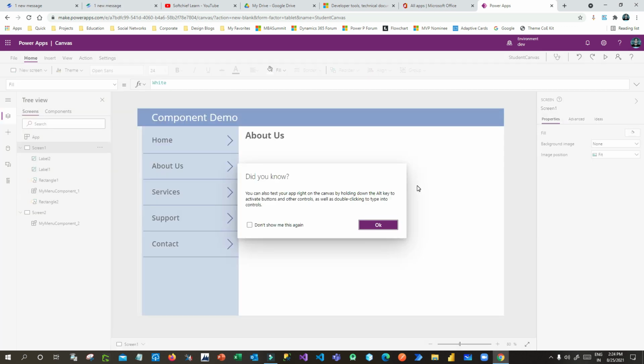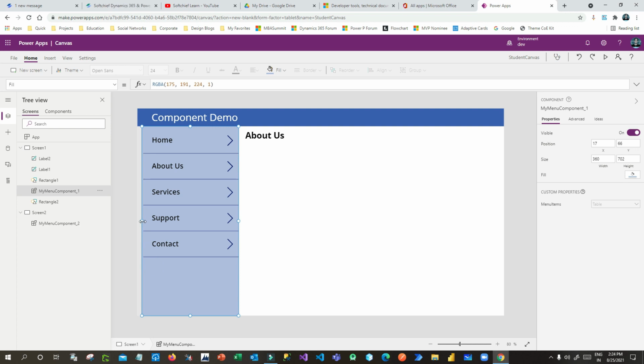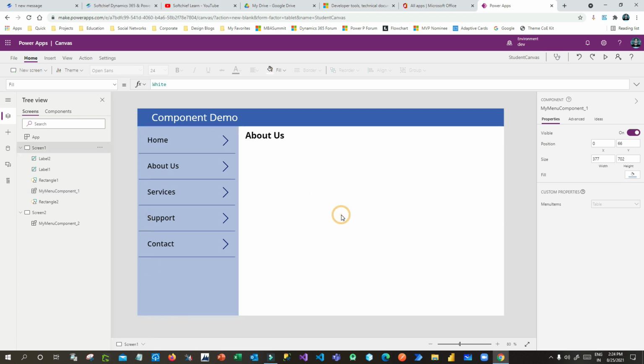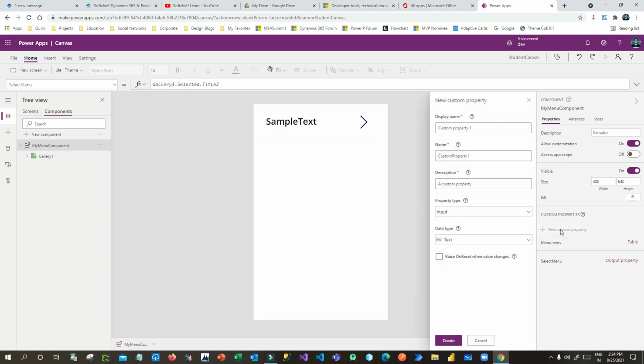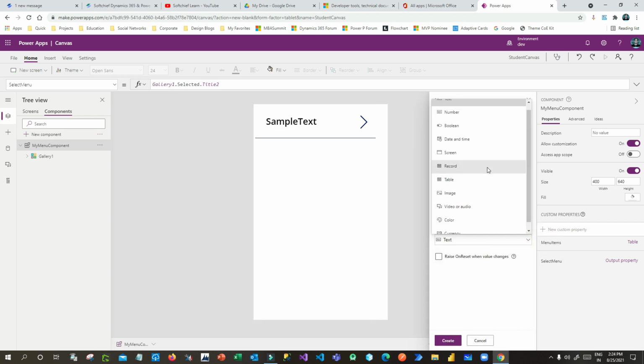Okay, so it can be more complex if you have a more complex requirement. So you understand how the component is designed and how these input and output properties are designed, so that you can work on it, right? And I have already told you the data types you can use: text, boolean, date time, screen. Now screen is also an important concept that you can use. Then color, currency, any data type you can use.